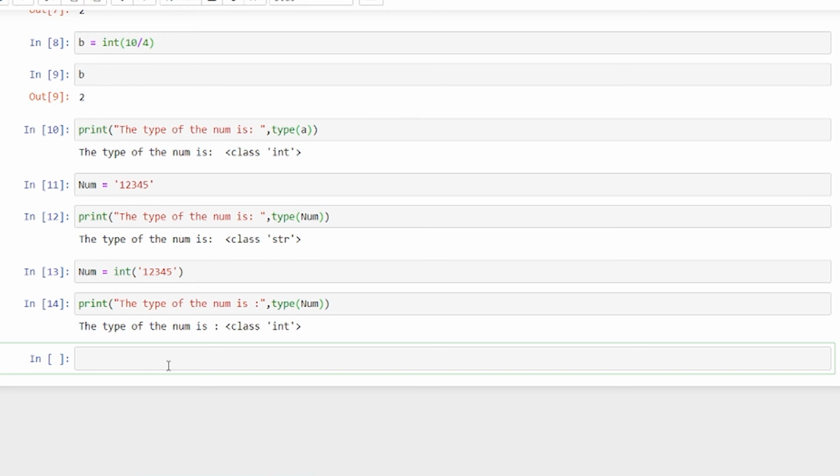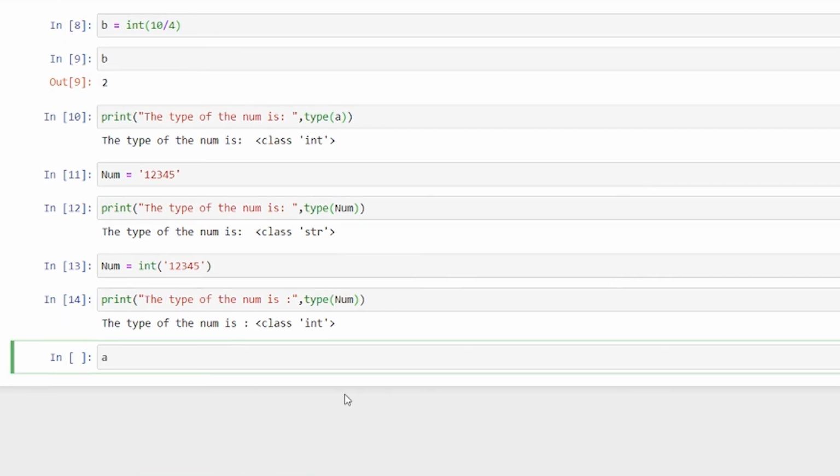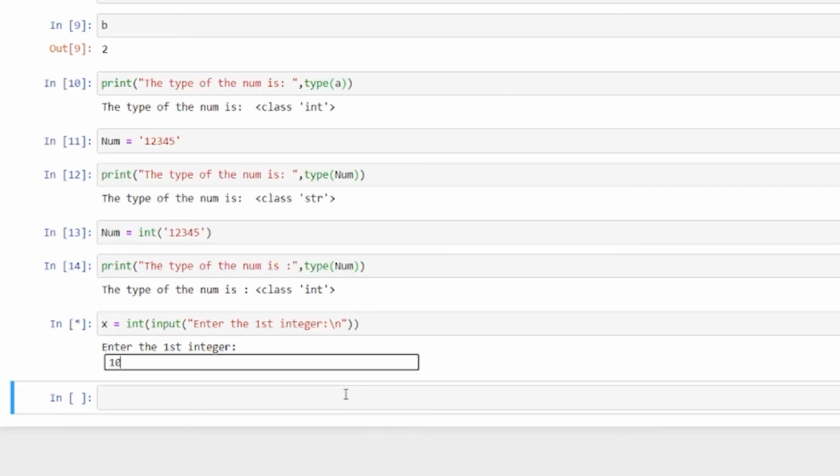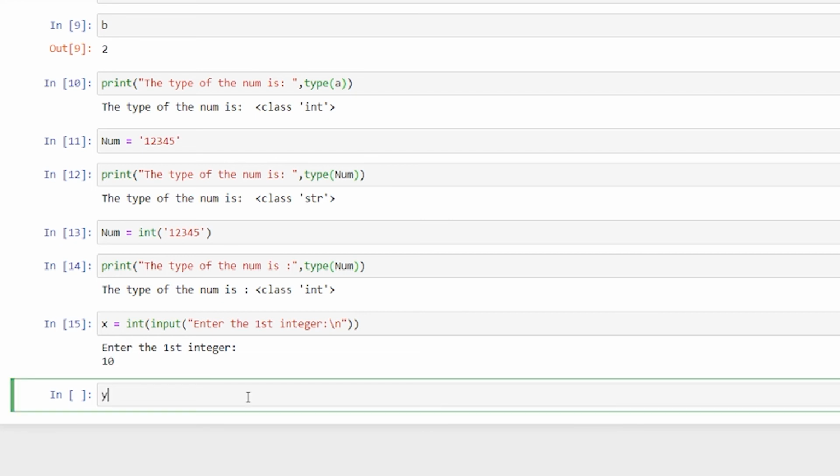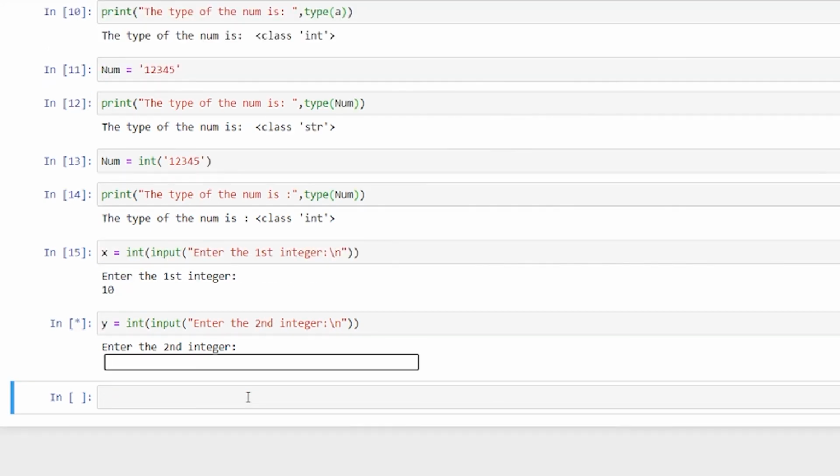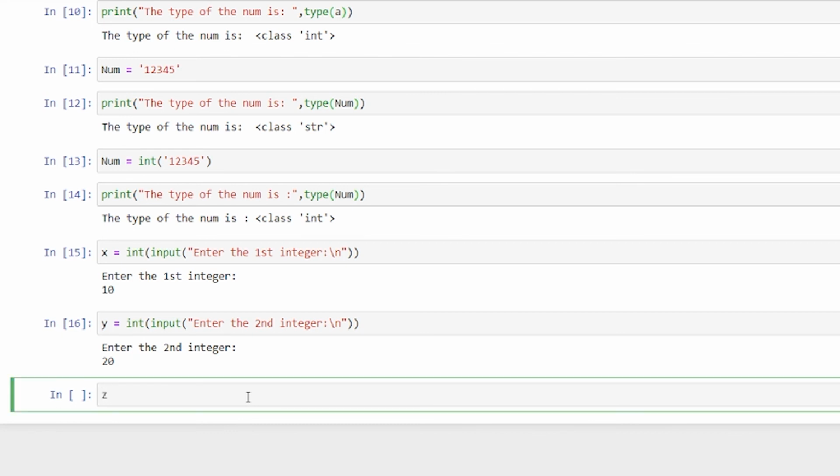So let us go through one of the exercises. Let me give you another example by saying x = int(input()) and I would be giving the first integer as 10, and let us say another variable y = int(input()), and now I give 20, and now if I take another variable z, which is the addition of the following variables,